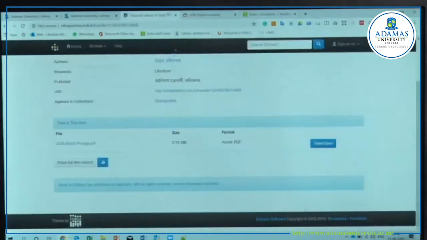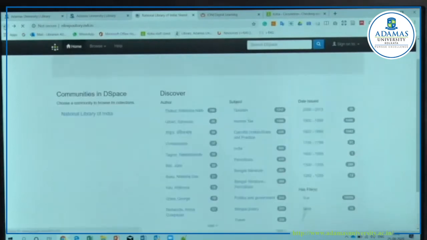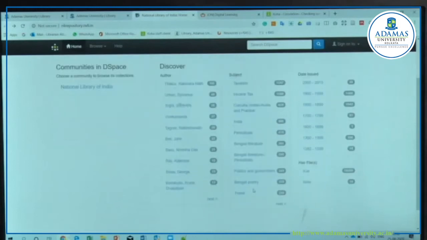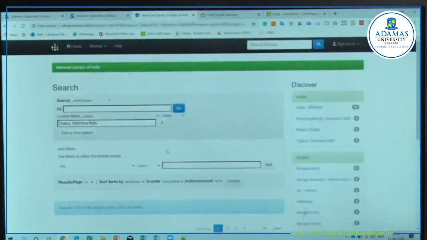Okay, I am accessing the National Library of Kolkata. I am not going to the National Library Kolkata, but getting access to the resources sitting at Adamas University. Okay, so you will get a lot of resources from here.